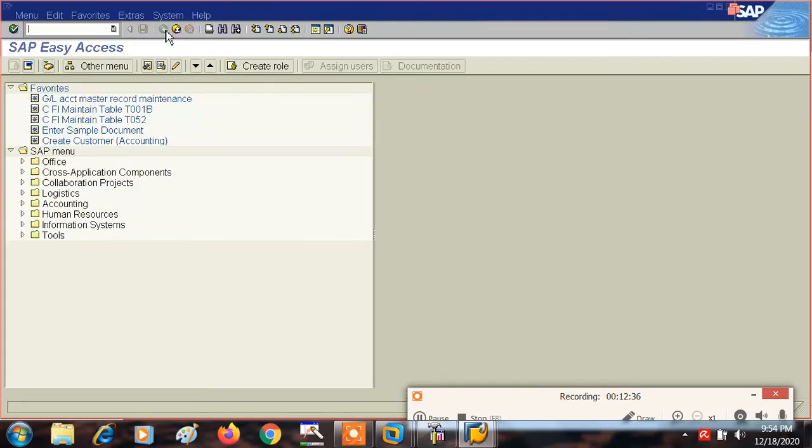Now we have already created our field status variant. Now we have to assign this field status variant with our company code. So this TA01 is not a company code. Yes, this TA01 is the name of field status variant. Now this field status variant, which is again TA01, we have to assign to our company code. So once again we will have to go to the path